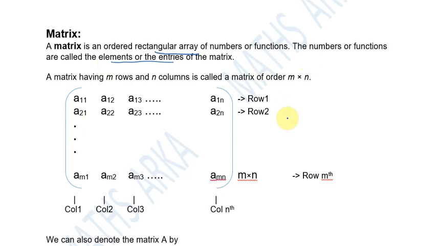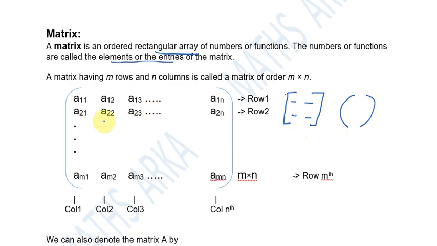Now how do we represent a matrix? The matrix is represented by rectangular brackets, and then we have a few elements inside it. Also some of the other books represent it using curved brackets. So both the notations are seen, and one should remember that both these notations can be used interchangeably.